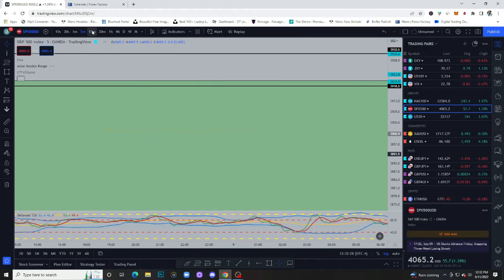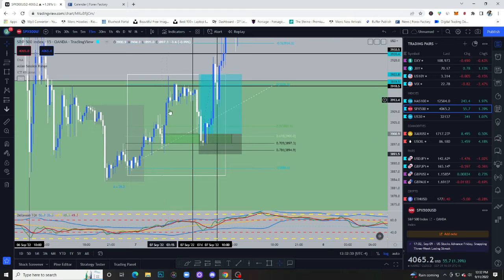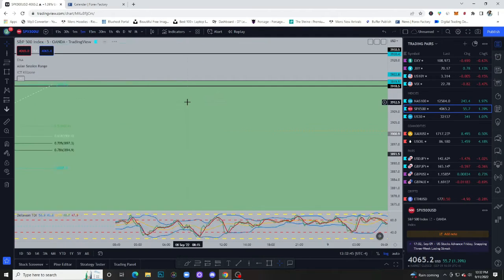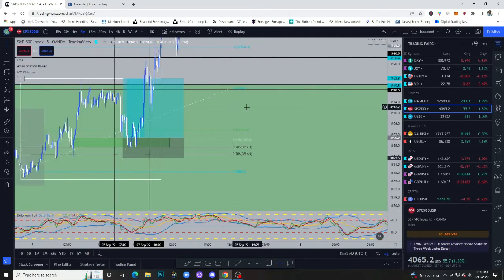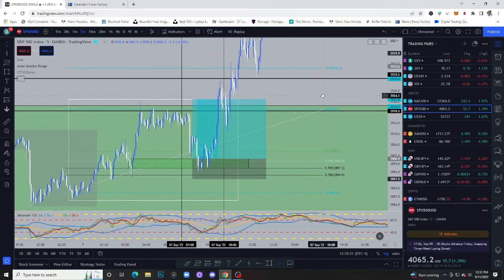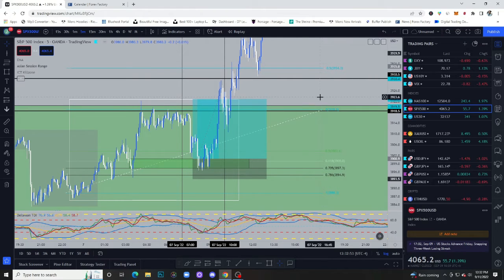Another way is because I didn't really see anything that I really liked on this 15-minute time frame as far as if I'm looking for fair value gap entries. If you don't see anything on the 15-minute, all you can do is basically scale down to the lower time frames. So you can scale down to the 5-minute or the 1 minute. I personally do the 5-minute a lot more than I do the 1, but